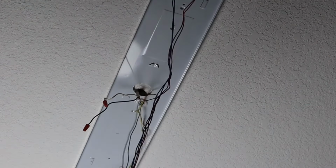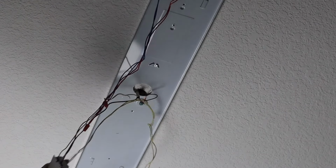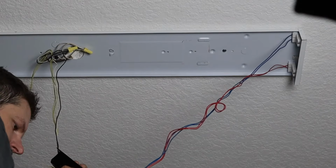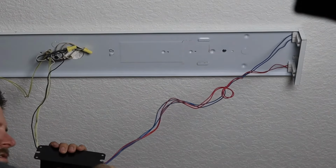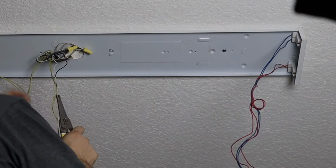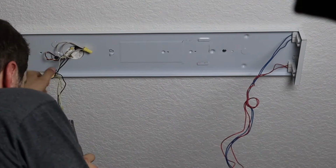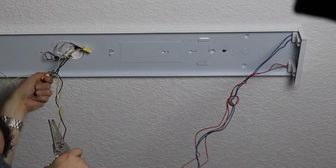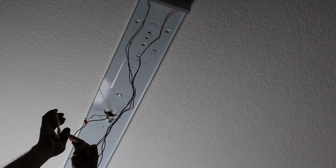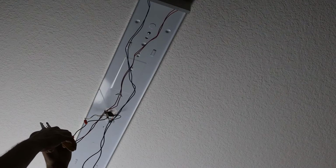Okay, now I'm using the red and blue just because it's longer and it gets over here and I've got enough wire for it. So I'm going to use my wire cutters, just cut those, and I'm going to go ahead and cut these. Get rid of this ballast altogether. I likely won't use those yellow wires at all. I'll cut those out in a minute, but I'm going to save them. All right, now I can go ahead and use my wire cutters and just strip the wire